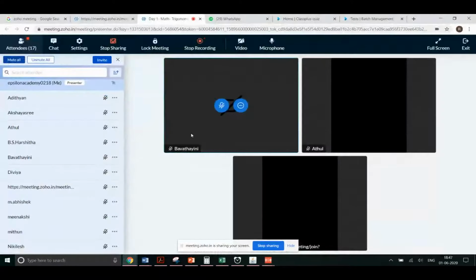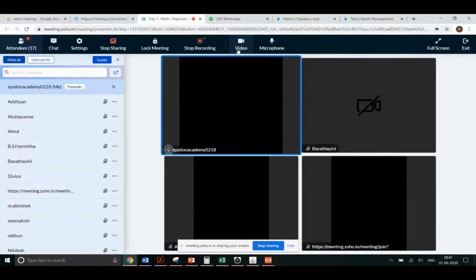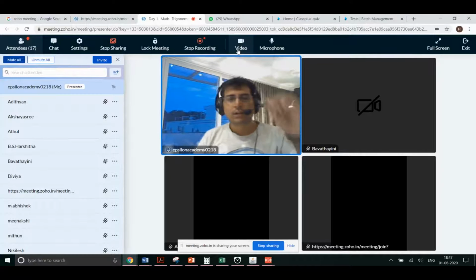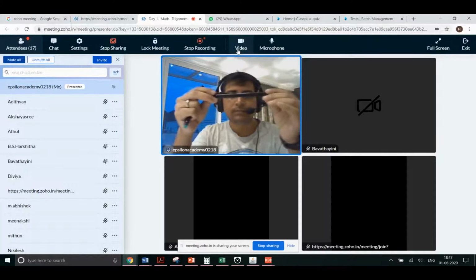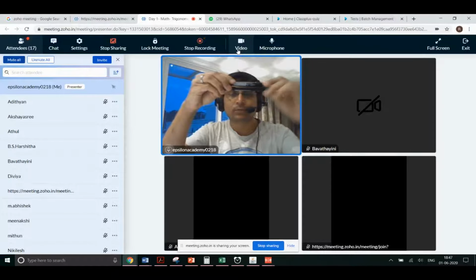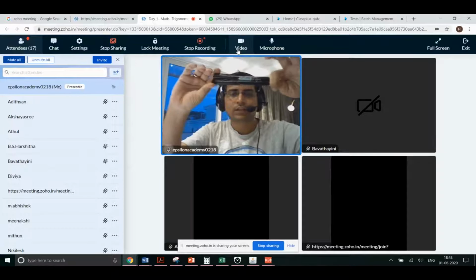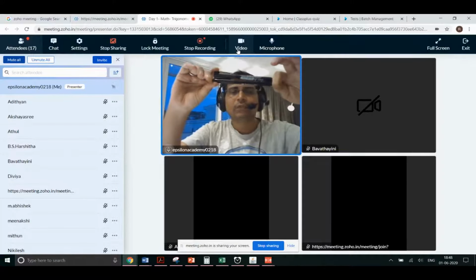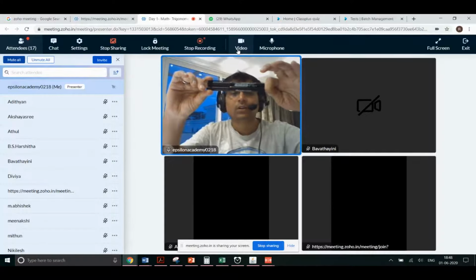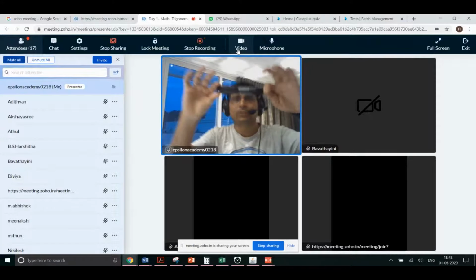I'll be visible only in a grid mode. Please observe. I have a marker here. I have another marker placed on top of it. I'm trying to hold it at one of the ends. Now, if I ask you to define the angle between these two, then what will you say? What is the angle between these two markers? Your answer is going to be?